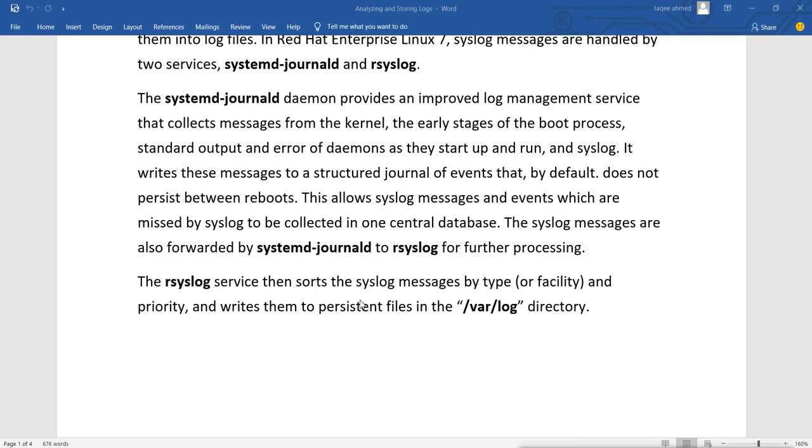The rsyslog service's job is to collect those events from systemd-journald and store them in this directory in a persistent way. That means whenever our system reboots, the logs will not be removed, and it also sorts those log messages by type and priority.